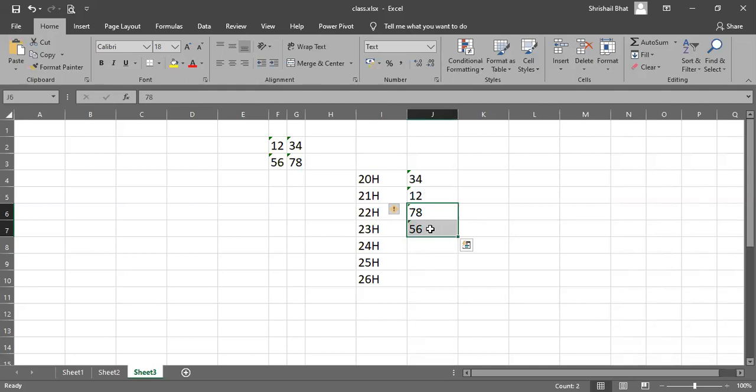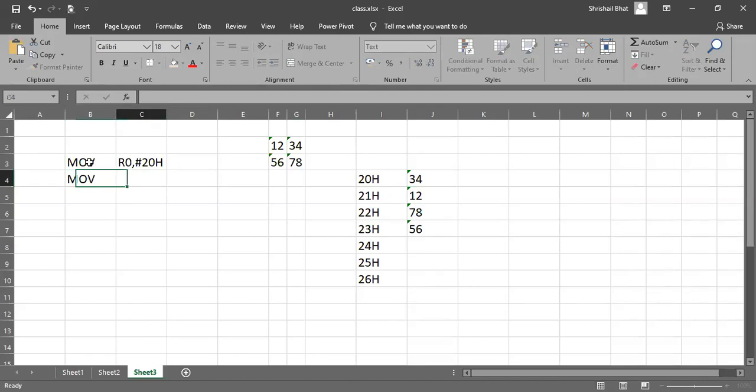So if I want to add these two numbers, first I have to get this number in my accumulator. How to get this? I can use indirect addressing mode or I can use direct addressing mode. I will show you using both. If I use indirect addressing mode, just like we have done for that case, what I have to do is MOV R0, #20H. Then I have to take MOV A, @R0, right? So this will copy the contents of 20H into A.